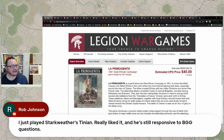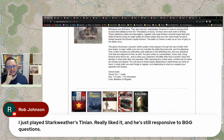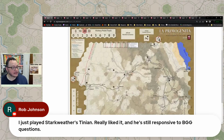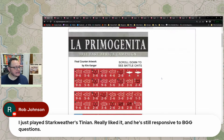So moving along from that, La Primogenita, the 1941 East Africa campaign, a Kim Kanger design. This is a topic that there have been several games on that I can think of. This, looking at it, is a hex-based game over what I take to be fairly dire terrain, and presumably we're going to get